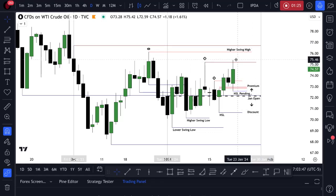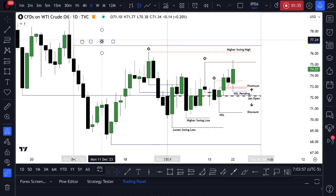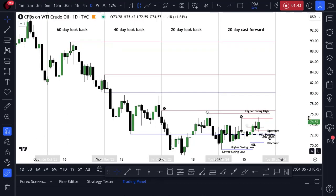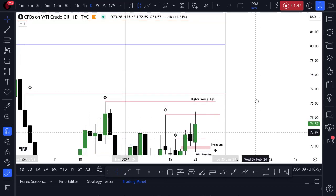I would like to see price now target this swing high up here. So I'm going to move the eye, because we were eyeing it. Now we're going to look for this to be a target, and then also the 20-day high here. If you were to just take a quick zoom out, you can see we still have the IPDA levels on our chart. Those levels are still displayed. And if you also notice,